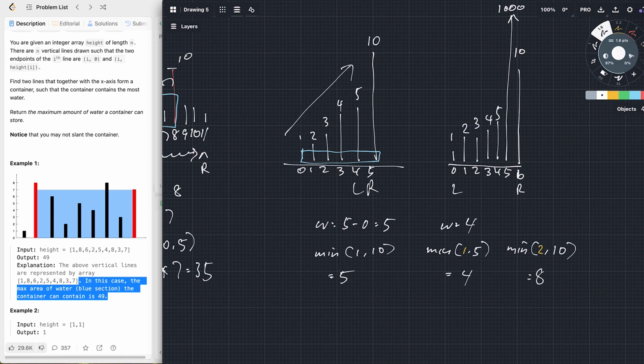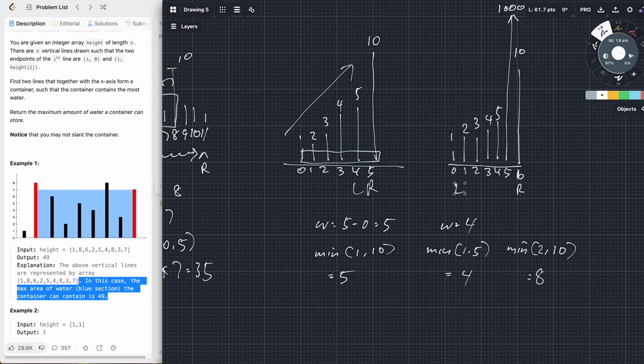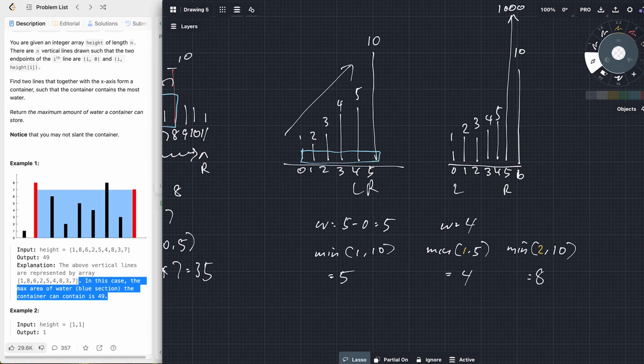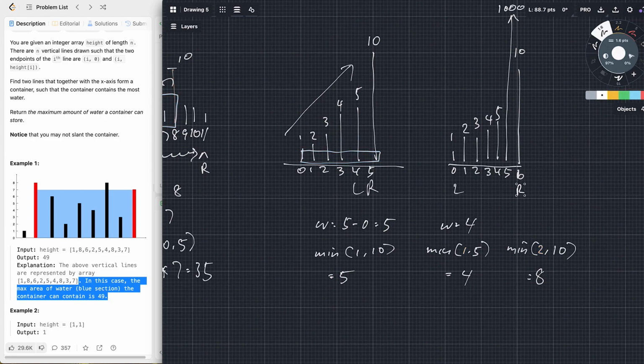Well, do we want to move the left or do we want to move the right? Well, if we move the right, we'll go from this 10 to this 1,000. And the 1,000 is very attractive. 1,000 is very tall. However, we don't increase our height because it's still taking the minimum of 1 and 1,000. So we actually, instead of going to that 1,000, we want this